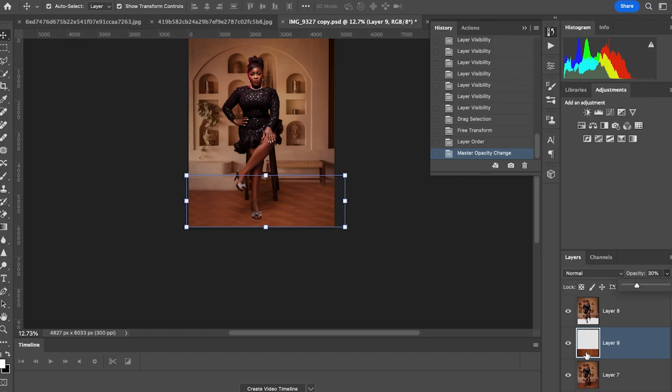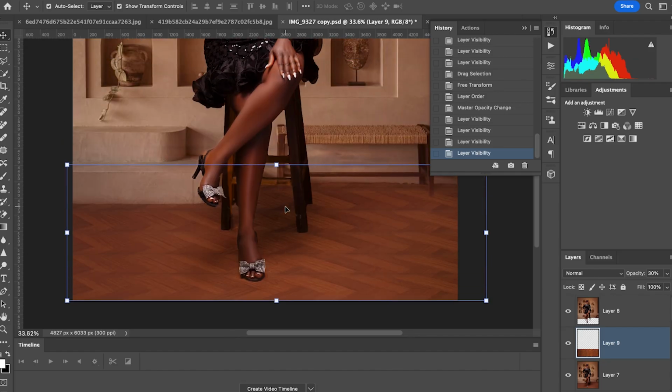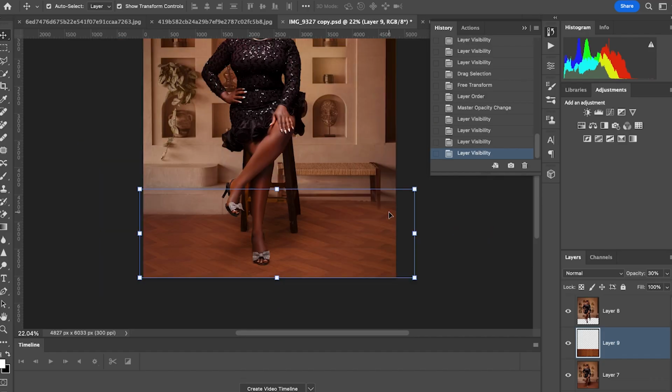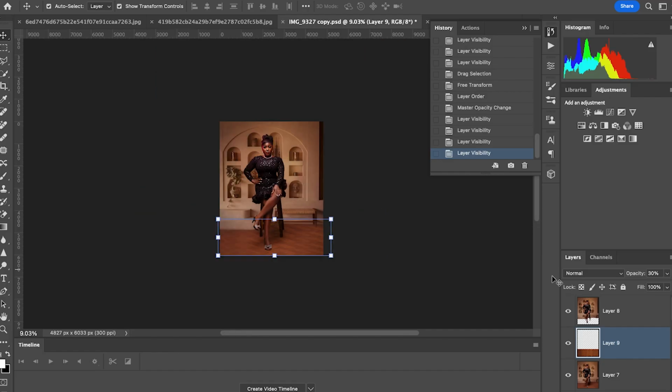Yes, you can see, this is before, after, before, after. Guys, this is amazing. You can see that we still have the shadow, everything intact, but now